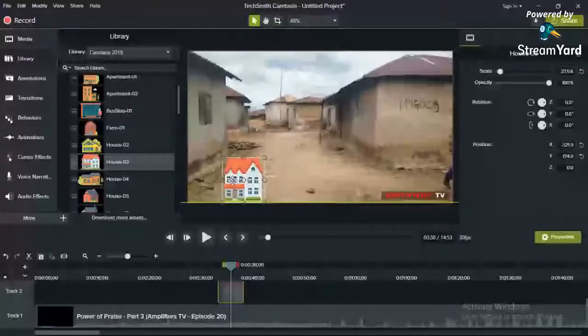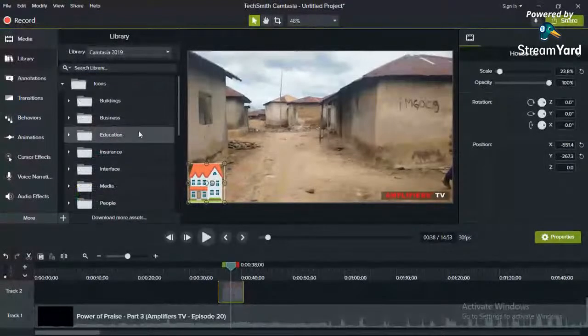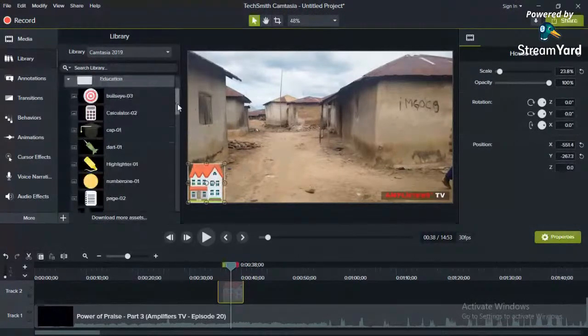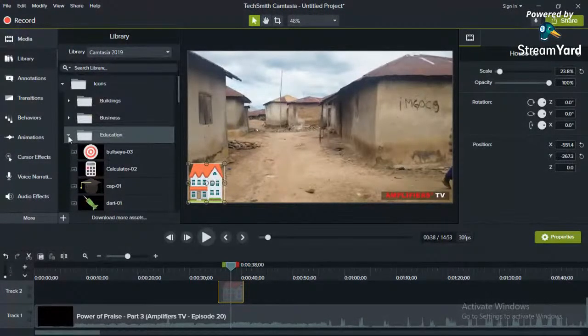Okay, so the different kinds of icons here, educational icon. Maybe you are working on a school project or any kind of project, you have educational icons here, different icons. So that's about that. So these are icons. So you can go through that when you have your own